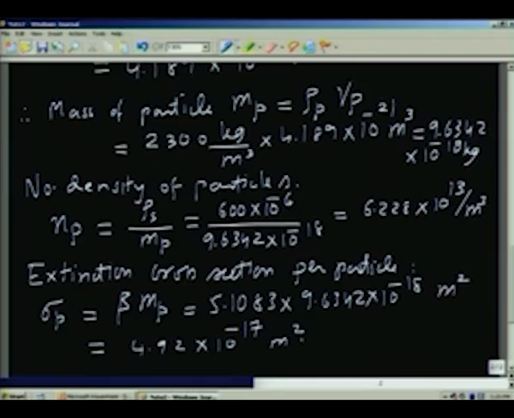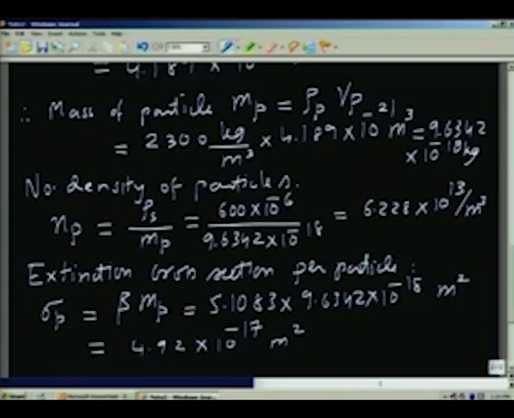square meters. So, the reason why I took up this problem is just to give an idea as to the kind of numbers that describe the process we are talking about. When you have 40% opacity, that means 60% is transmitted, and if you assume the particles to be about 0.2 micrometer diameter, the absorption cross section or extension cross section per particle is only about 5 into 10 to the power of minus 17 meter squared, and because the number of particles is very large in a cubic meter, you see that the absorption is quite strong or the extension is quite strong.